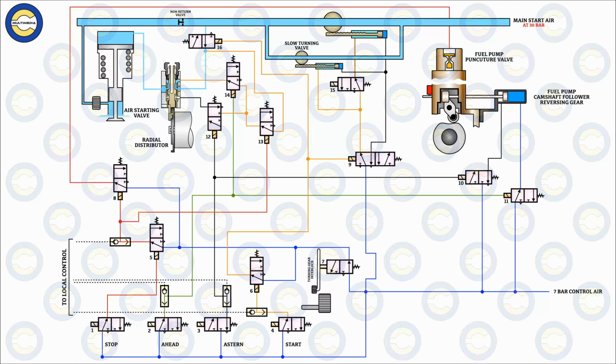I hope that this brief operational simulation of the starting air system helps you to understand how in actual operation the starting air system is triggered and how the operation of the important elements and finally the starting air valve takes place, thus allowing the admittance of the 30 bar air into the system and the starting of the engine in the ahead and the astern direction.